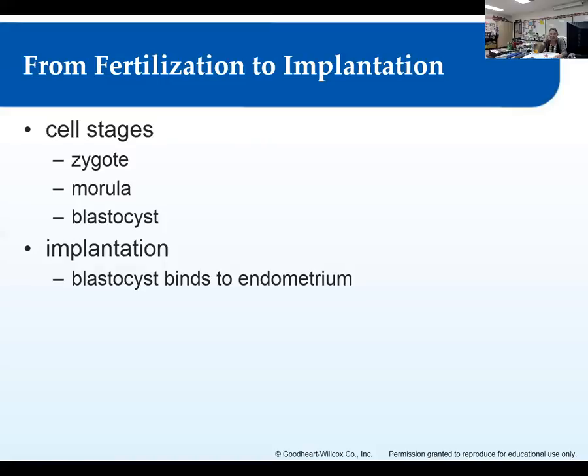So from 4 to 7 days, you have what's called a blastocyst. Remember, blasto is like it's building, like we talked about, osteoblasts, right? They're building cells. So an early blastocyst and implanting blastocyst. So 4 to 7 in there. It continues to grow. You get this cavity, kind of space in it, and it actually implants into the wall